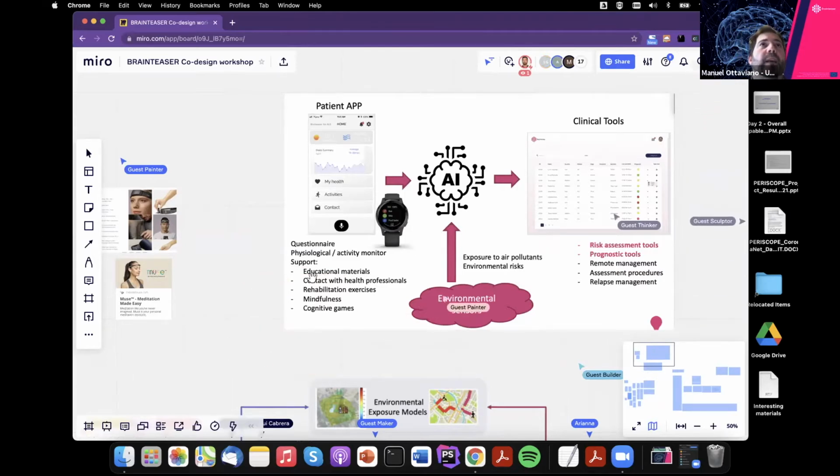by our artificial intelligence model to create a prognostic model and a risk assessment model. All this information will be used also in a clinical tool for the health professional. Especially, we think that this will be a tool for neurologists and nurses. And thanks to this tool, the health professional will be able to remotely assess the health status